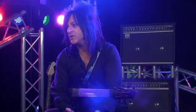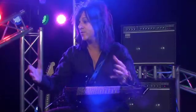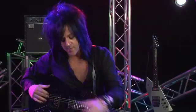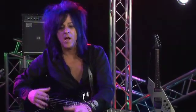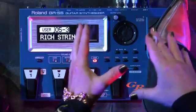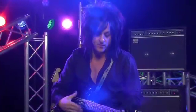And that brings us to my introduction to the newest Roland guitar synth, which is the GR-55. This is a huge eye-opener for me because it's the first time that synthesis is able to coexist with virtual guitar sounds, meaning on this guitar you have a piezo pickup, and that pickup can drive synth sounds as well as virtual Les Paul, Strat, and acoustic sounds. And also, this unit contains virtual guitar amplifiers. It was quite stunning for me to actually sit down with this unit and not only get incredibly rich and beautiful synth sounds,